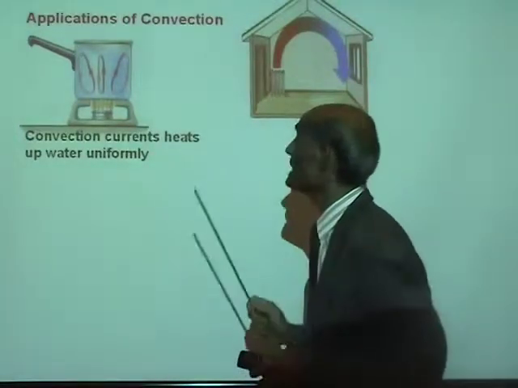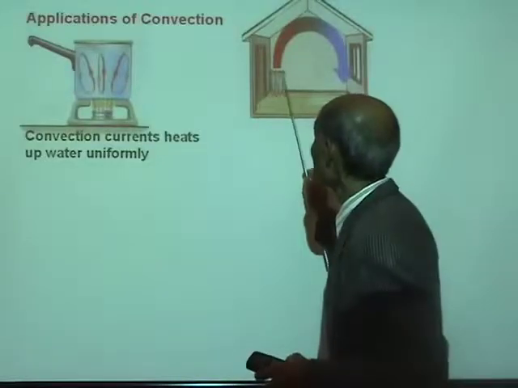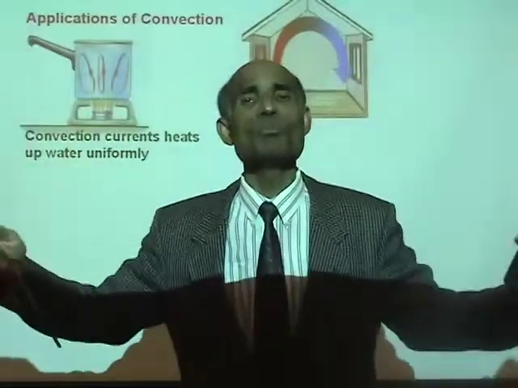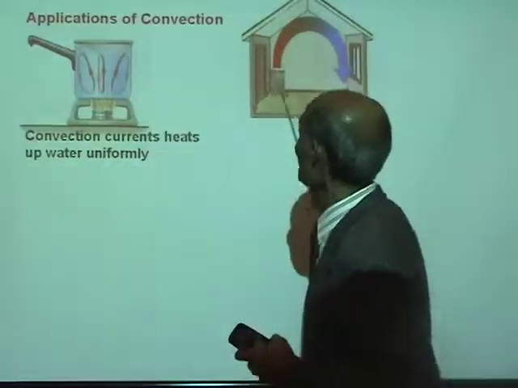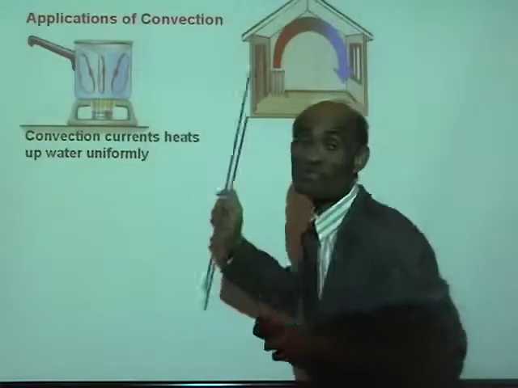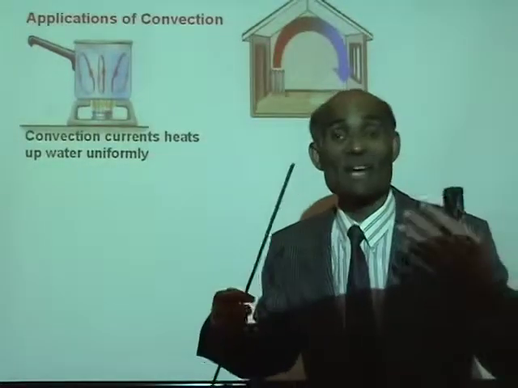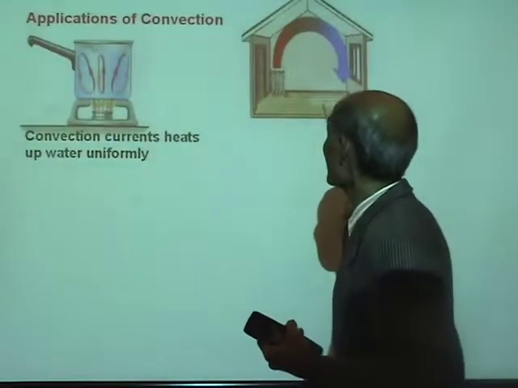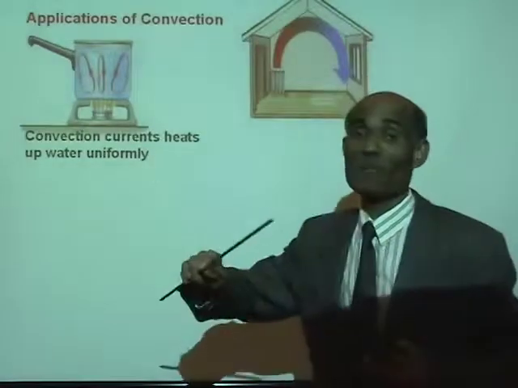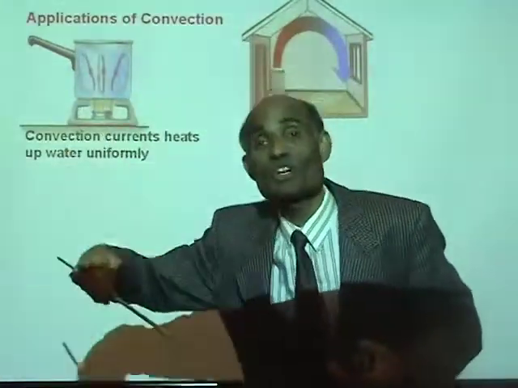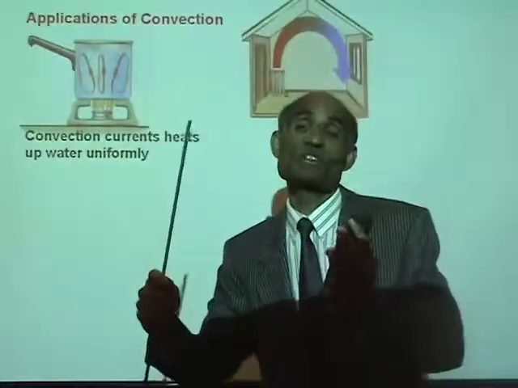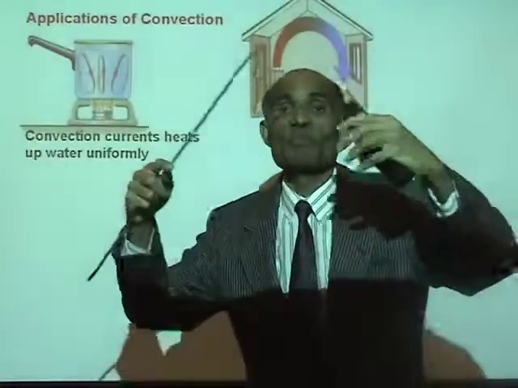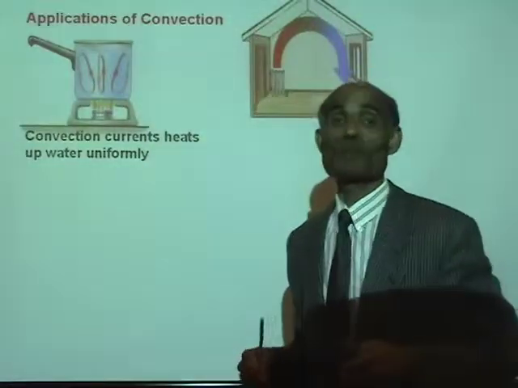Now, a heater inside a room. The heater sits at one corner, and that can actually heat the entire room almost uniformly. How? The air immediately in contact with the heater is warm and less dense. It will rise, and cold air will sink, coming down to get heated, and that creates a convection current in the room. So there is continuously warm air rising and cold air sinking. That will heat up the room uniformly with time.